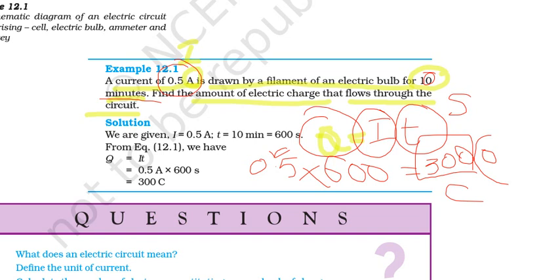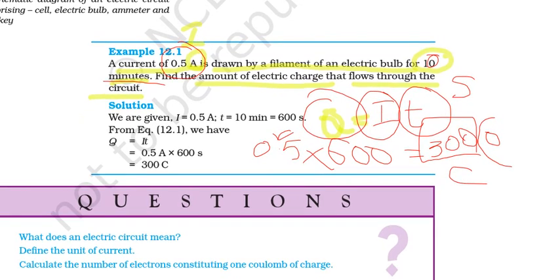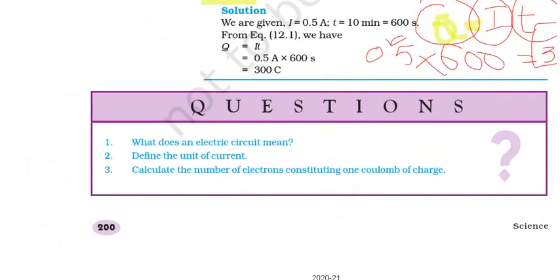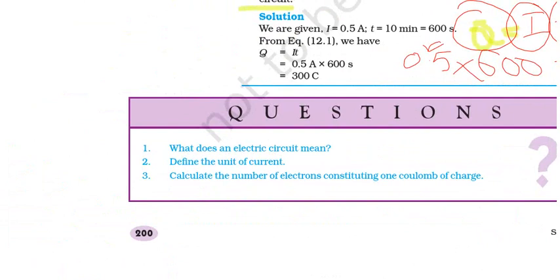Now see guys, this is the NCERT 10th standard book. You have to follow that. Try to prepare this book and get good knowledge. I will send this PDF also. Now see the next question, based on the previous topic. What does an electric current mean? Can you tell me that definition? Try to write it and send it to me in the comment box.